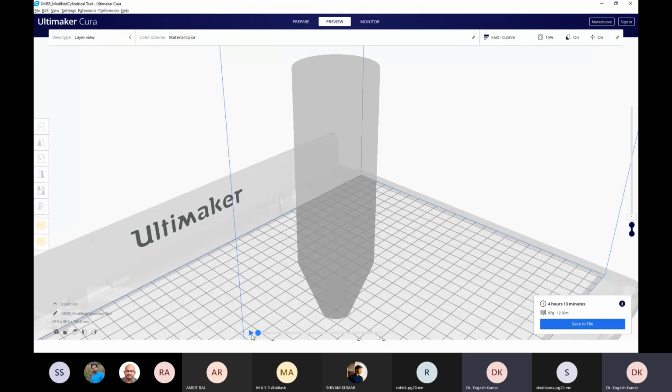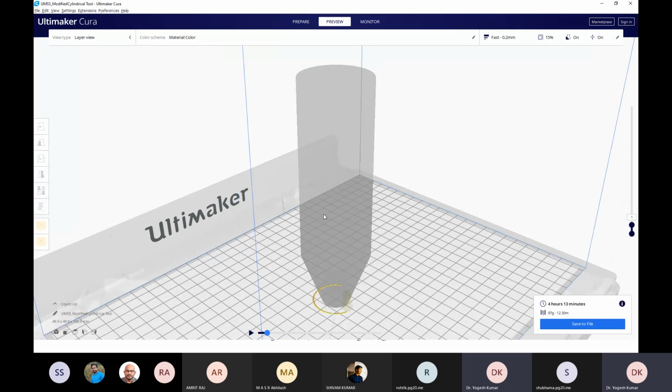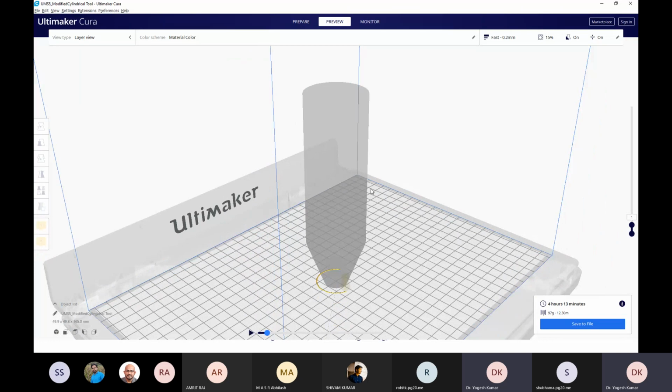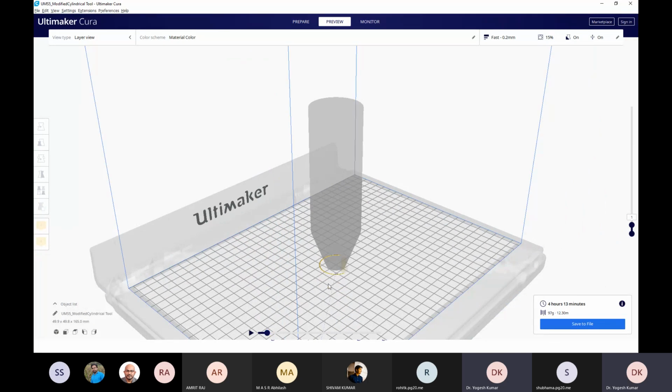If you want to see how actual 3D printing will take place, let me show it quickly, because we have only 5 minutes. Let me make it larger.